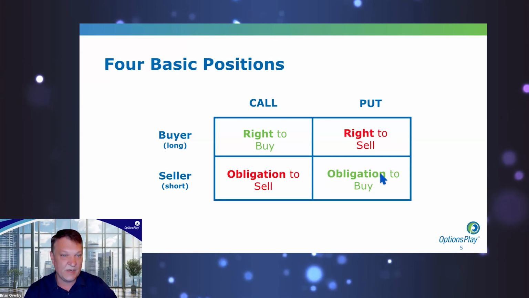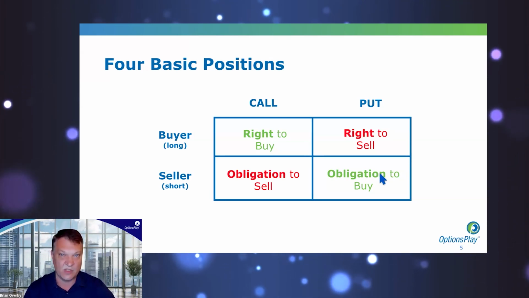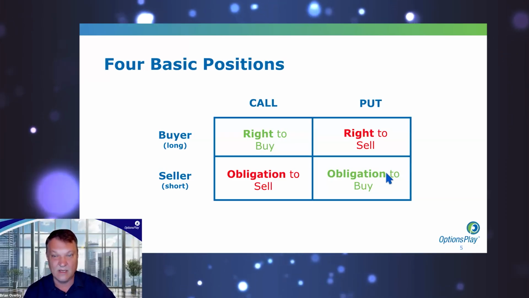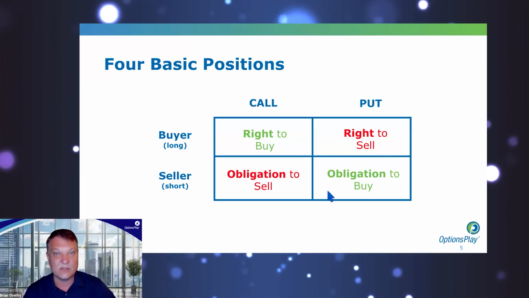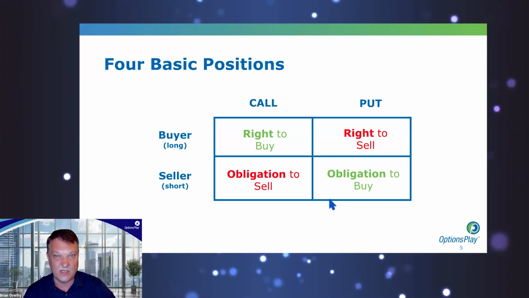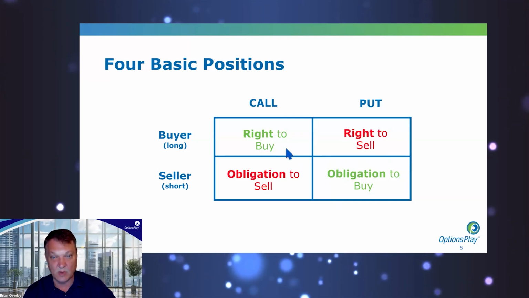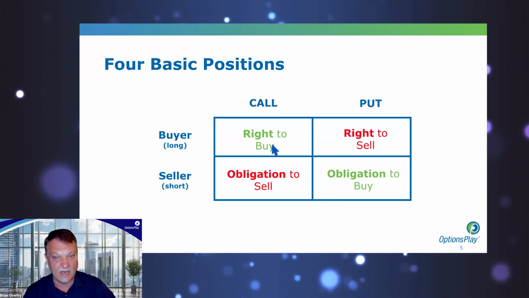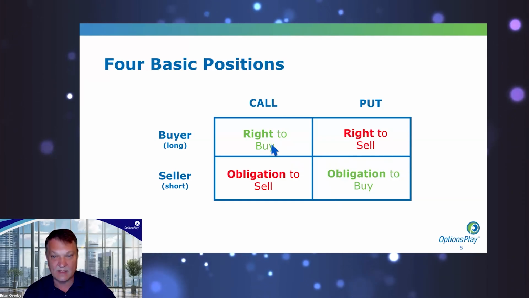So options. Here are the 4 basic positions that you can do with an option contract. Quite simply, every single option strategy that's out there comes from these 4 different trades. You can buy a call. You buy that call, you're considered long, and that means that you have a right to buy the underlying stock